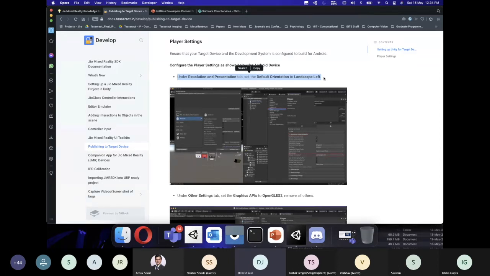When you rotate the phone again and put it in again, the screen rotates again because it's auto rotation, and you will never be able to meet that particular thing. With any other setting, portrait or landscape right or anything else, you will never achieve that either. So this is the first thing that you have to double check: whether it's on landscape left.